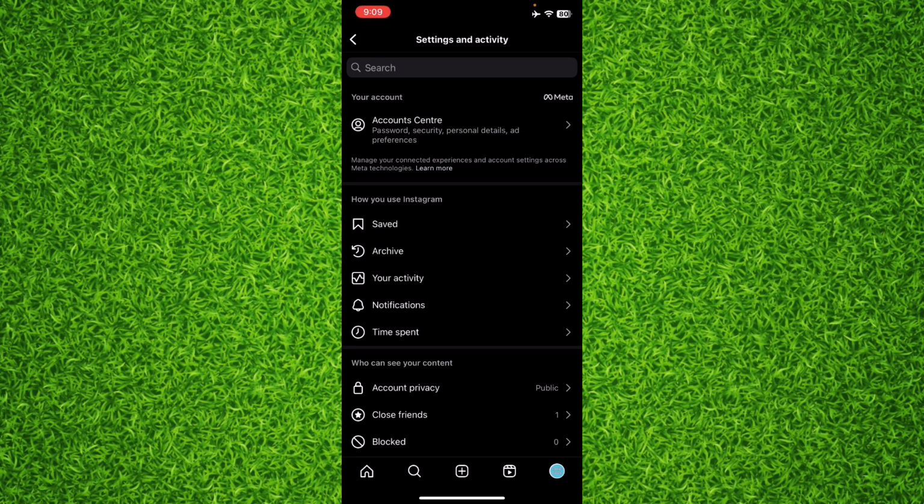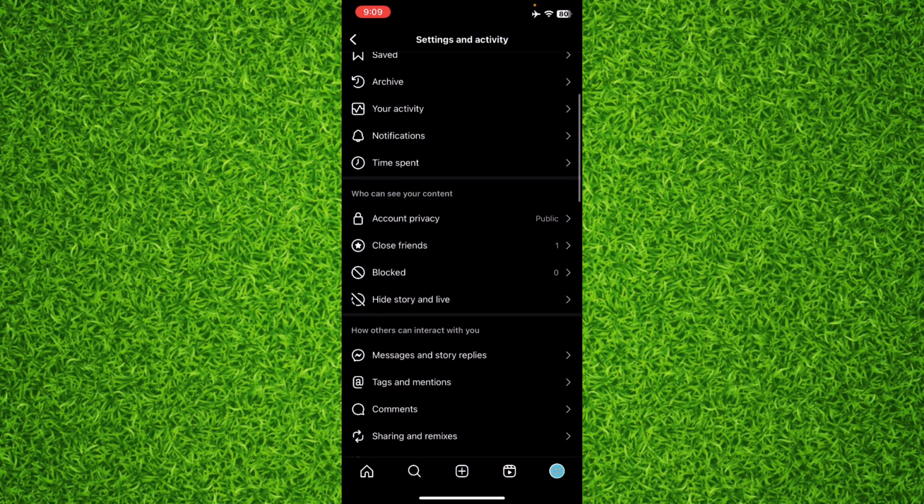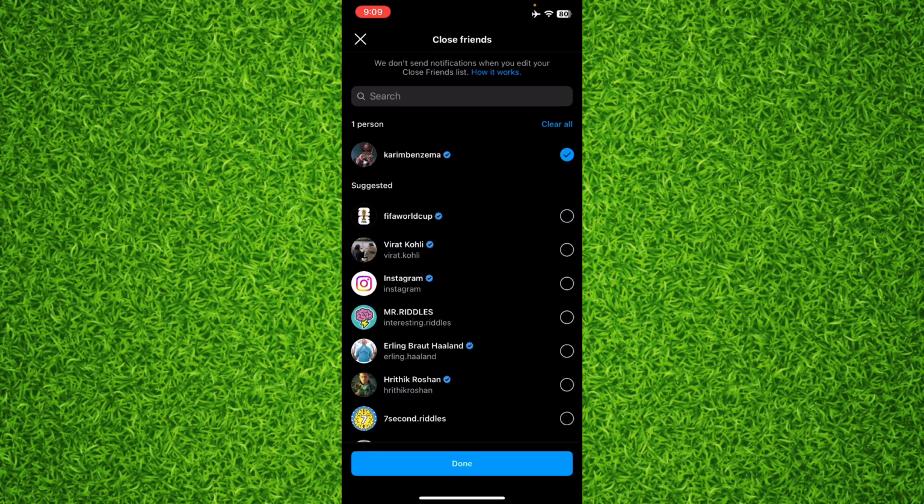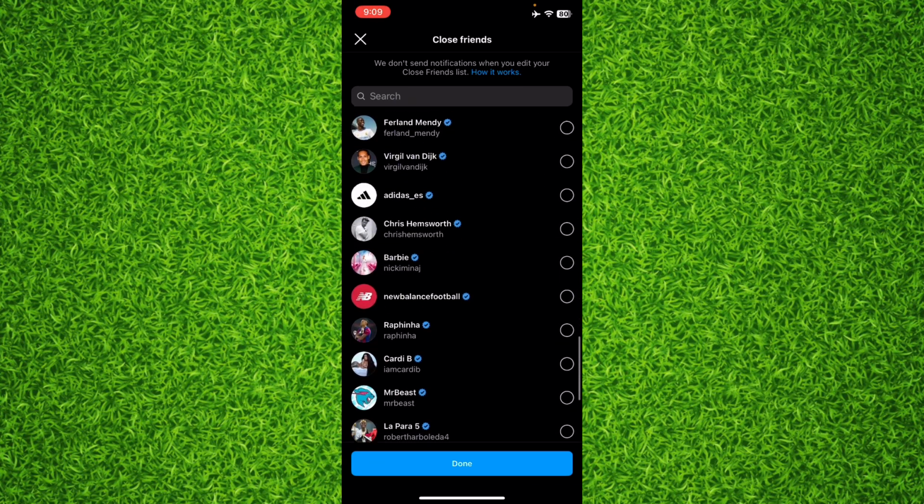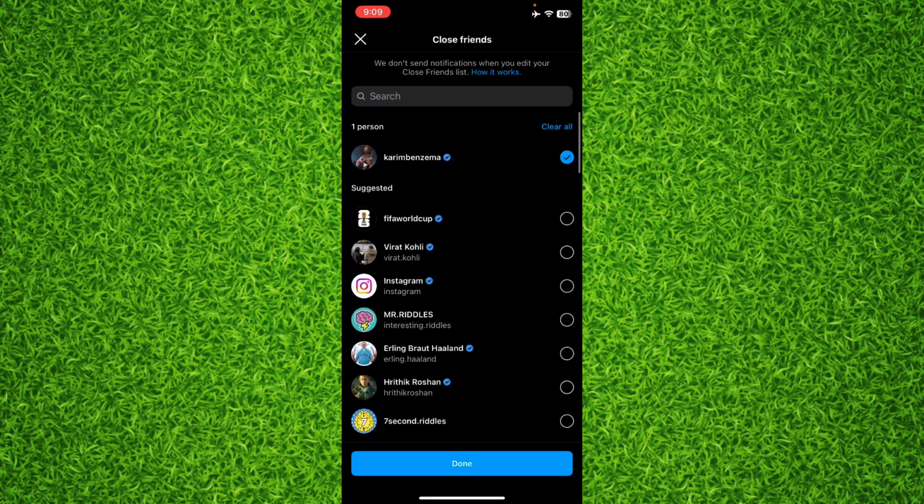Now you'll have to scroll down a bit and in the who can see your content section, you'll be able to find an option of close friends. You'll have to tap on it, and right here you'll be able to find your followers and following list. You can search for any one of your followers